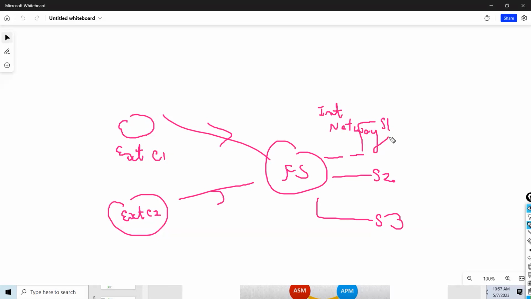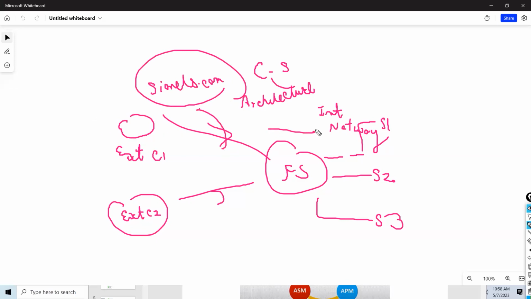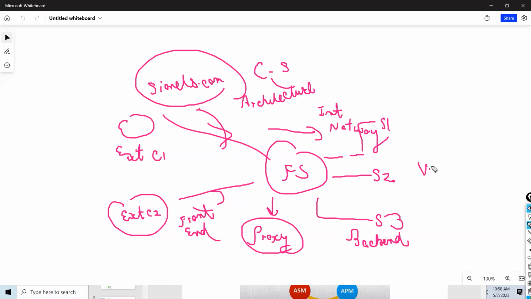So reverse proxy or a load balancer follows client server architecture. Here your external client wants to access an application which is hosted on an internal network. So traffic is coming this way to this way. F5 is acting as a proxy, a man in the middle. That is why it is called front-end traffic, because it is external traffic, and this is called back-end traffic. Very, very important, guys. When I say very, very important, this is an interview question which comes up in the market.